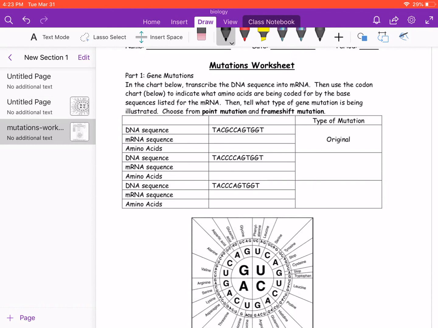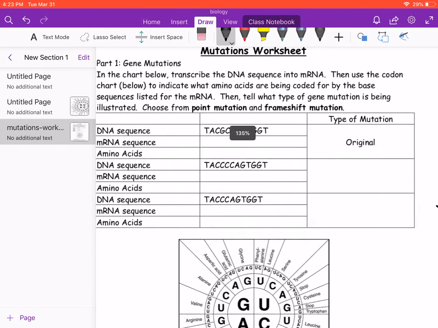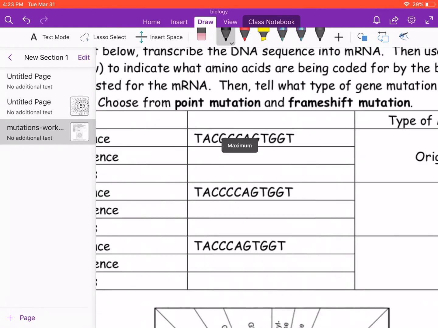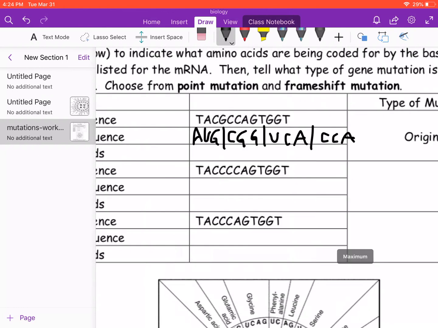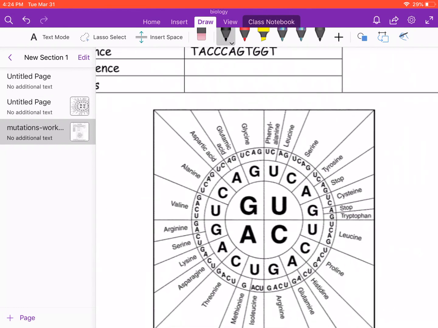So just like you did on your homework from last class, you are going to take DNA and turn it into messenger RNA. And so for this one, I'm going to zoom in. TAC becomes AUG, then it becomes CGG, UCA, CCA. And then we're going to go down to our wheel, and on our wheel, we're going to see what